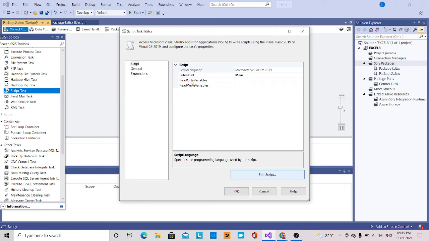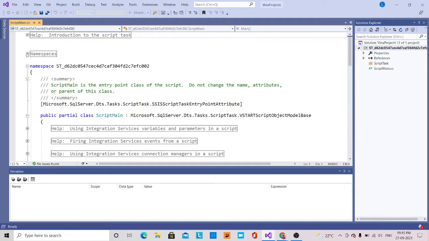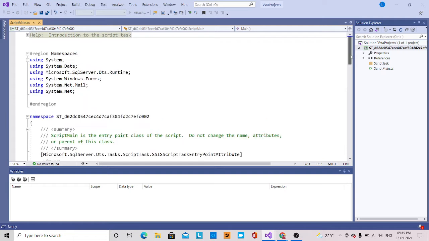Here, I am not using any variables. I am hard coding the Gmail ID and password, and from there I am going to give the from, to, subject, body and everything in this code. There's an edit in this script that I am going to do.